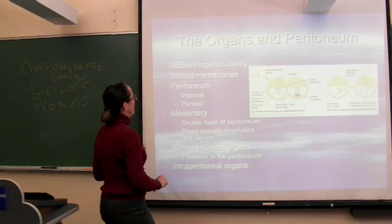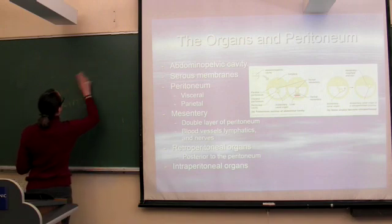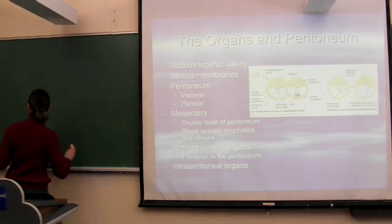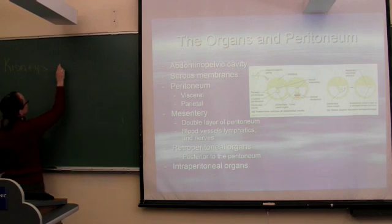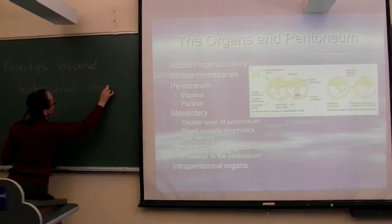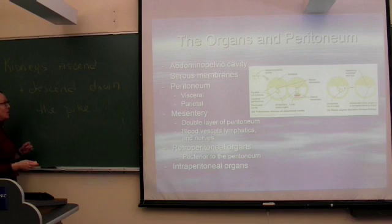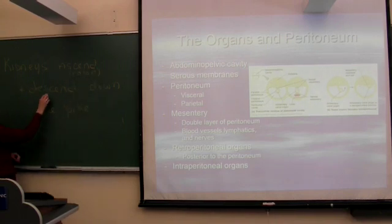Okay. Everybody's having a hard time waking up today. So I have one of my silly sayings for this. I'm going to give it to you now and you go over it in lab. Kidneys ascend and descend. Did you guys already do this? No. Okay. Down the pike. These are all your retroperitoneal organs. Kidneys, ascending colon, descending colon,